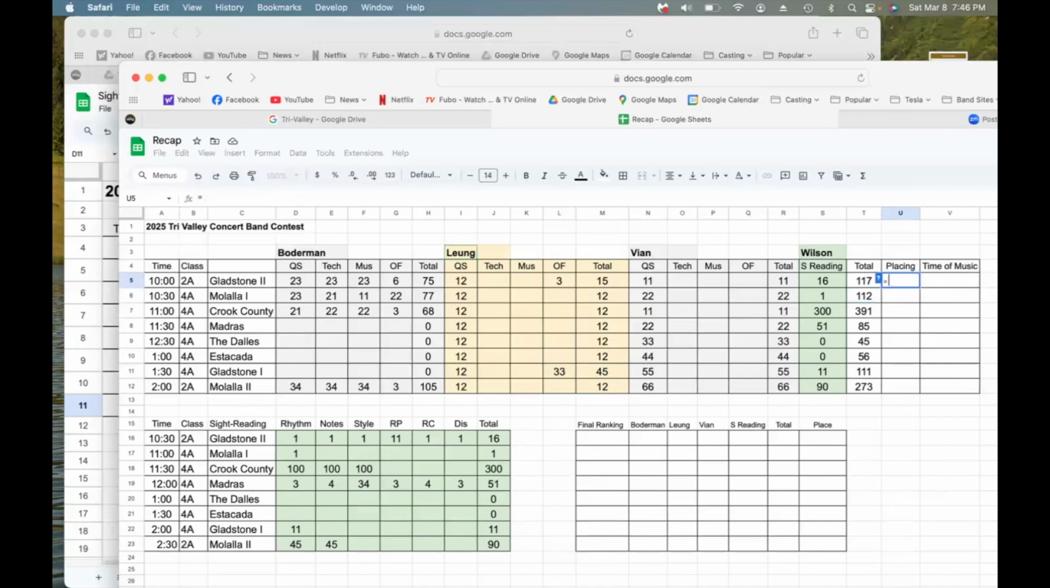Remember, that's the rank function. If you can spell it. Rank. I'll do the total, comma, all the cells I want to have ranked. Function F4, comma, 0. So it's in order. Parentheses, return. I'll fill. You can put the time of music here if you like to. Now for the final ranking,